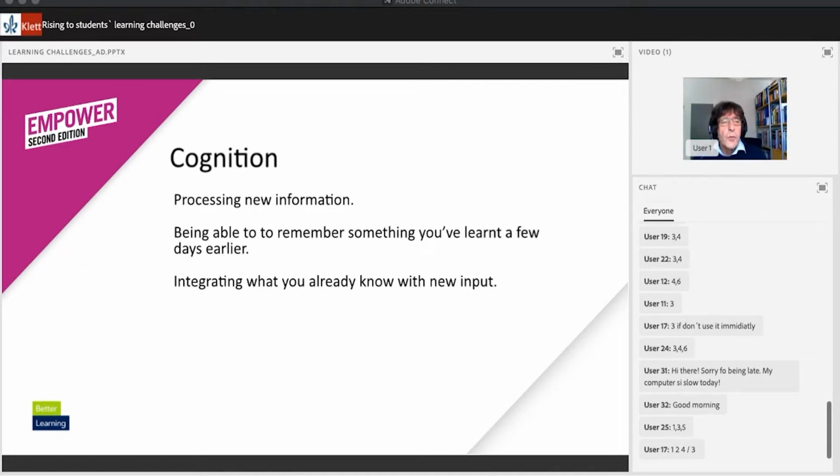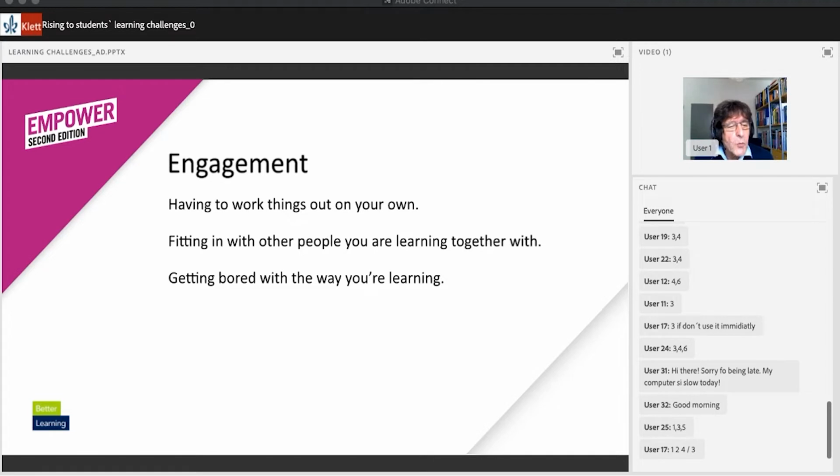So I think these ones are to do with cognition, mental process of learning, and these ones are perhaps more to do with engagement, so the learner's attitude to learning and motivation. I'm going to come back to these categories in a minute, and we're going to look in slightly more depth at them. But I'd like to just now shift the focus from the learner to the teacher, because, of course,